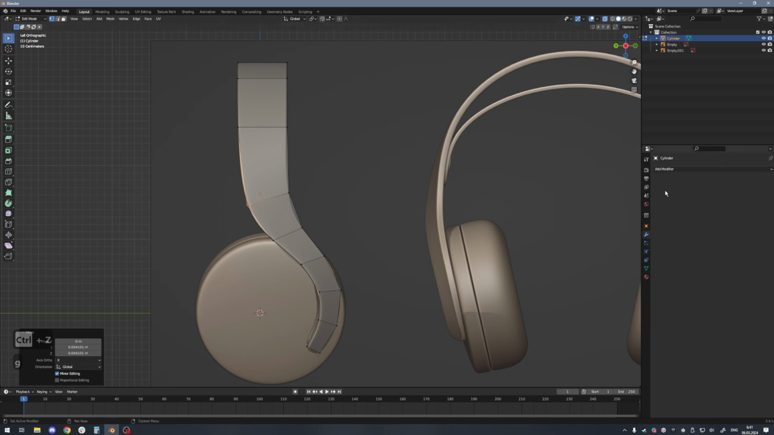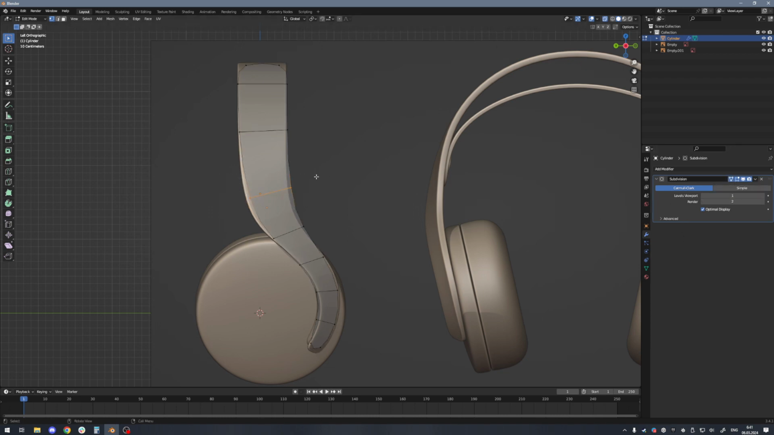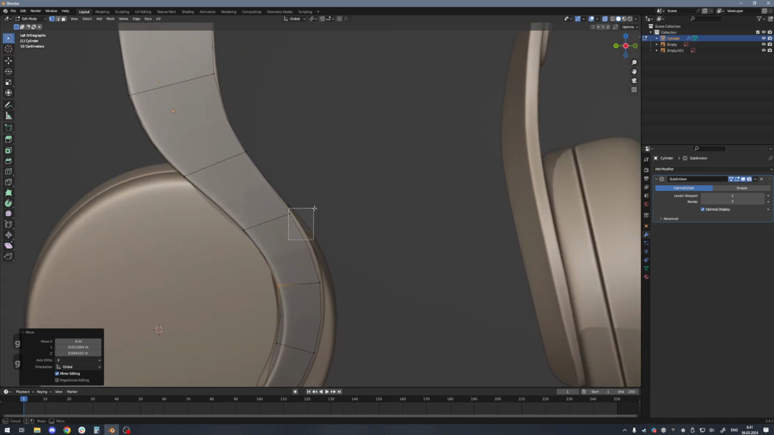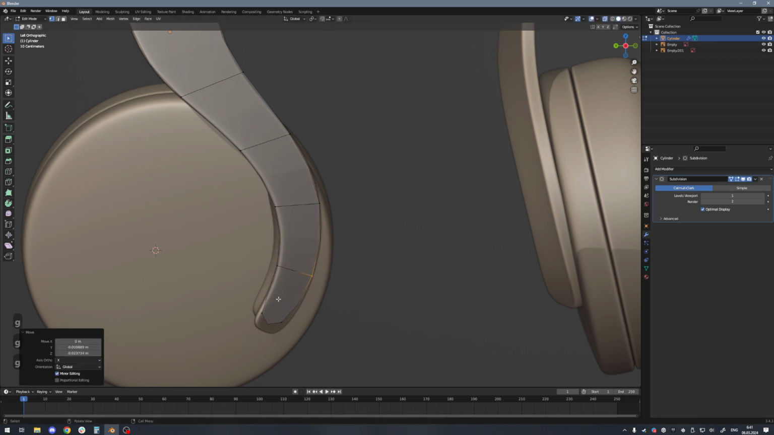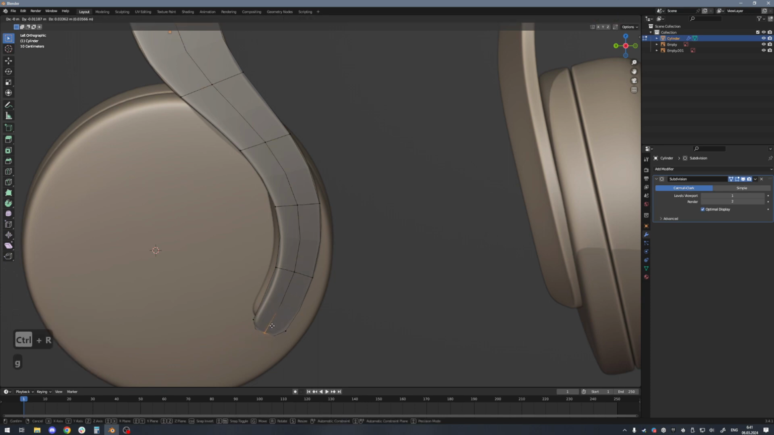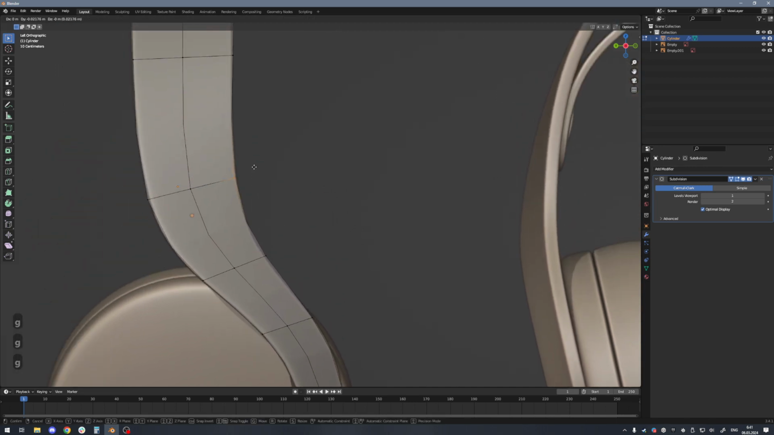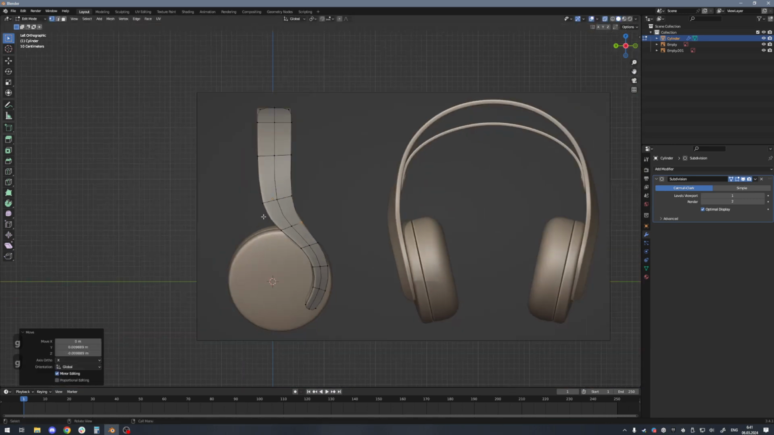Now I will just use, not apply, the subdivision surface modifier. If I use this little triangle button, I'll be able to manipulate the shape and see the result which would be after applying the modifier. And I can have one edge in the middle. So yeah,